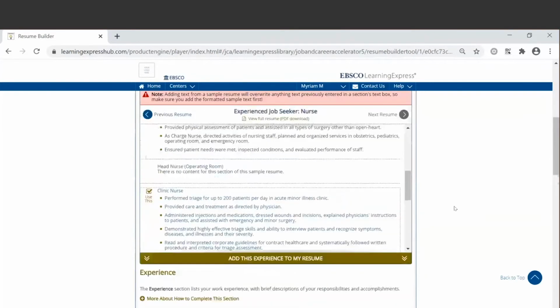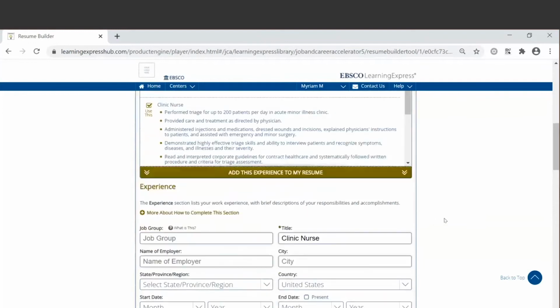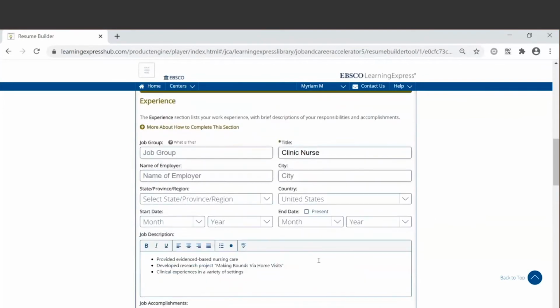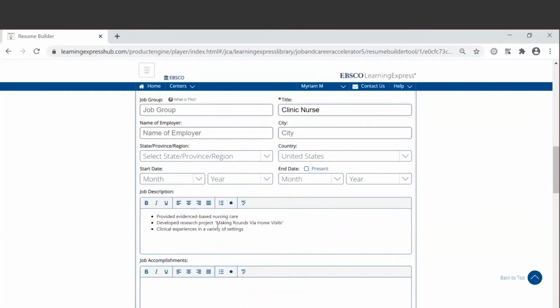And also you can edit. Let's just say I have never provided evidence-based nursing care, which sounds kind of bad, but let's just say I've never done that. And so we can always delete. You can type in whatever you want.